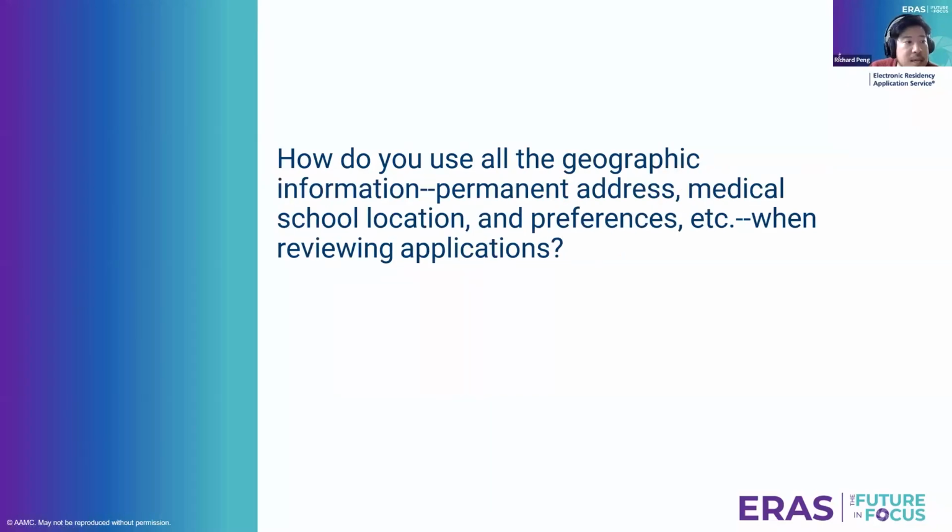This is around geographic preferences. How do you use all the geographic information, the permanent address, medical school location preferences when reviewing an application? I'll go ahead and direct this one to you, Dr. Brown. Yeah, it was pretty hilarious when last year people could put up to 5 hometowns. And I was like, what does a hometown mean anymore? So